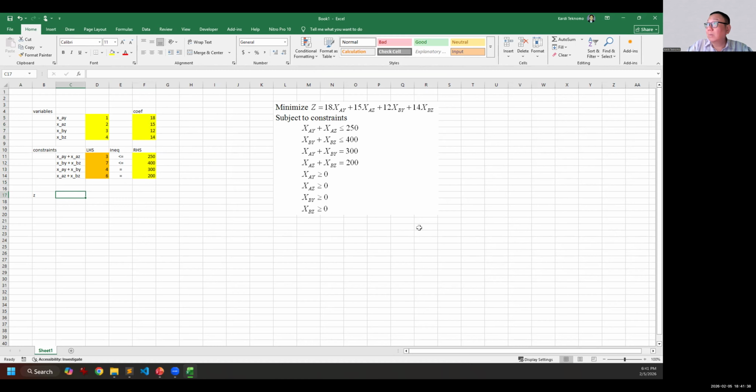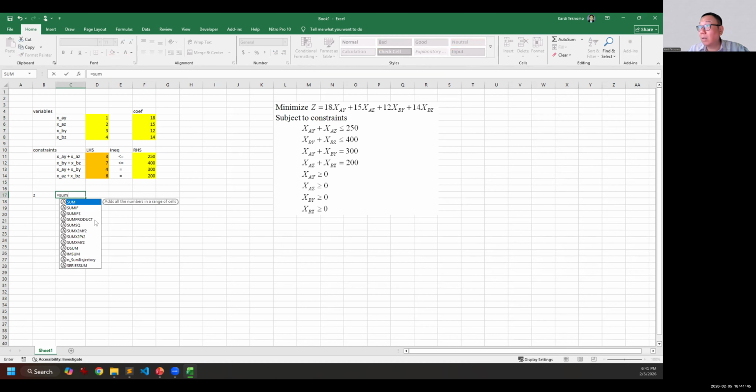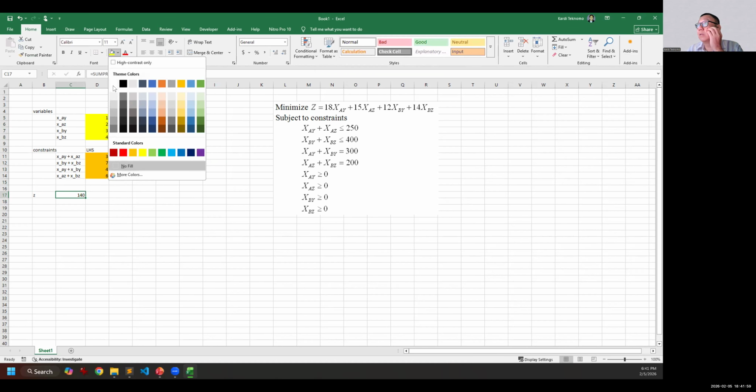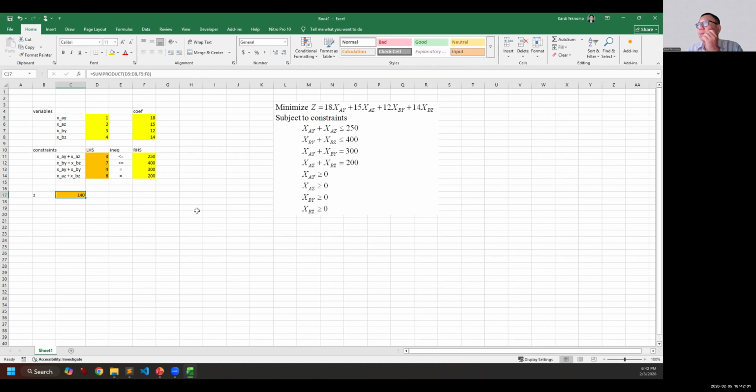Equal to some product of this one, coefficient, right? There. So this is the computed. Okay, so you have the objective function, you have the constraint, you have the variables.